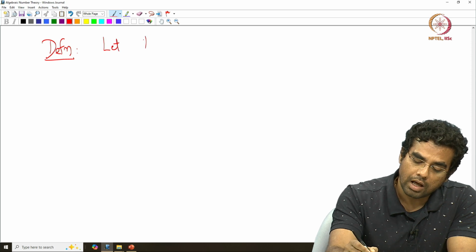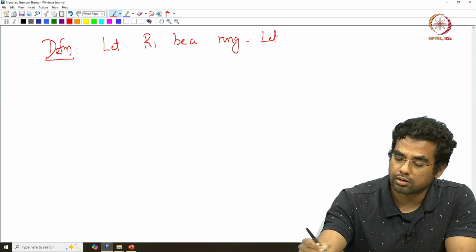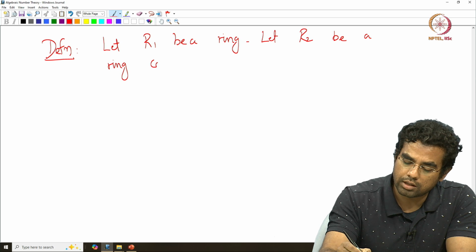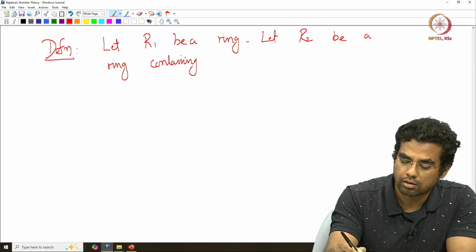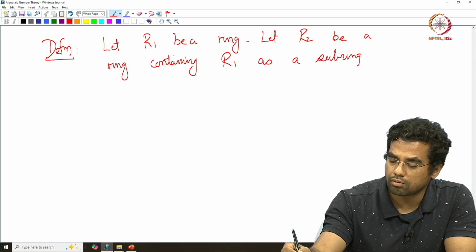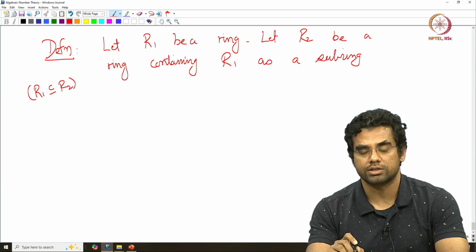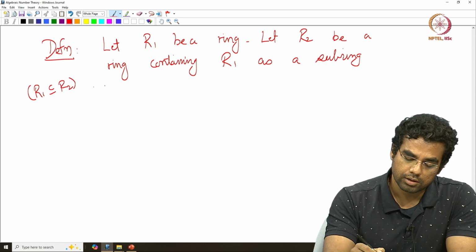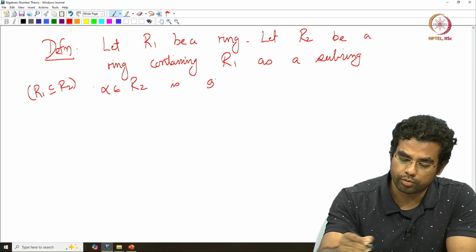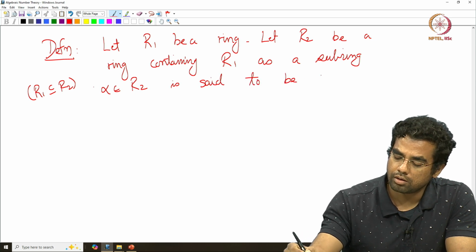So, let R_1 be a ring, let R_2 be a ring containing R_1 as a subring. Okay. So, R_1 is contained in R_2 as a subring, not just as a set, but also as a subring. Alpha in R_2 is said to be integral